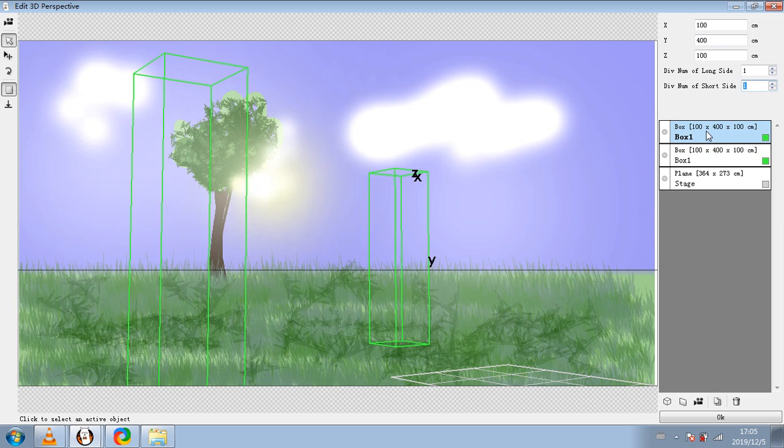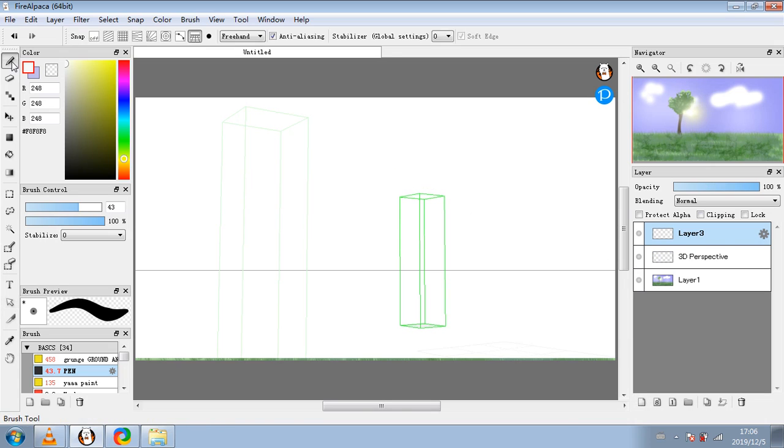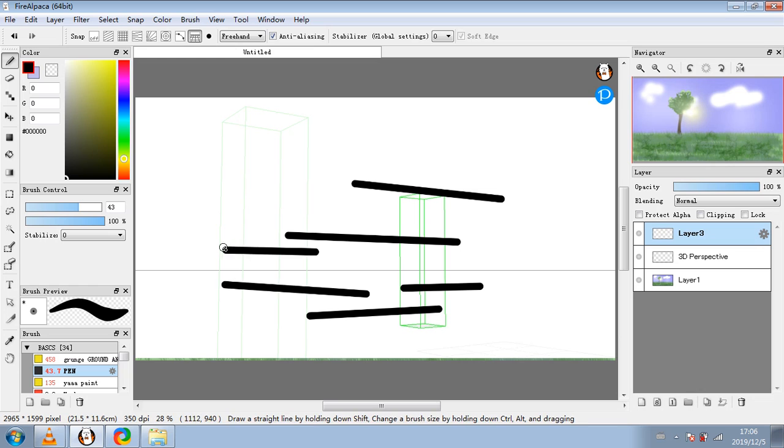If I select the other one here, you can see the axis for this one more visible now, and rather not the plane. Depends on which one I'm using. See, I click OK. You can see now in the normal view that the right one is. Again, if I don't want to be using any snaps, if I make another layer above these, it's going to start snapping as soon as I choose the pen. It's going to snap to whichever one was selected. It's not going to snap to the other one necessarily,